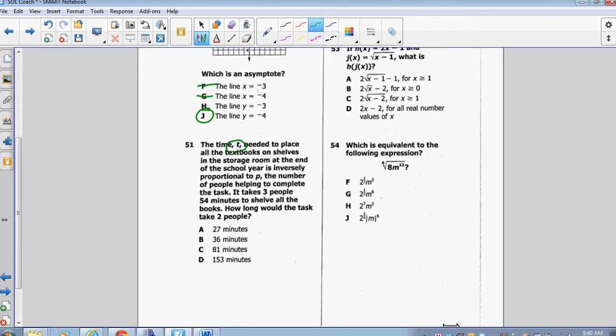51, the time t needed to put the textbooks on the shelf is inversely proportional to p, the number of people. So that means t is k over p. And it says it takes 3 people 54 minutes. So 54 is k over 3. And then you're going to multiply by 3 to get k is equal to 162. So how long would the task take 2 people? Alright, so now we're going to do t equals 162 over 2. So t is equal